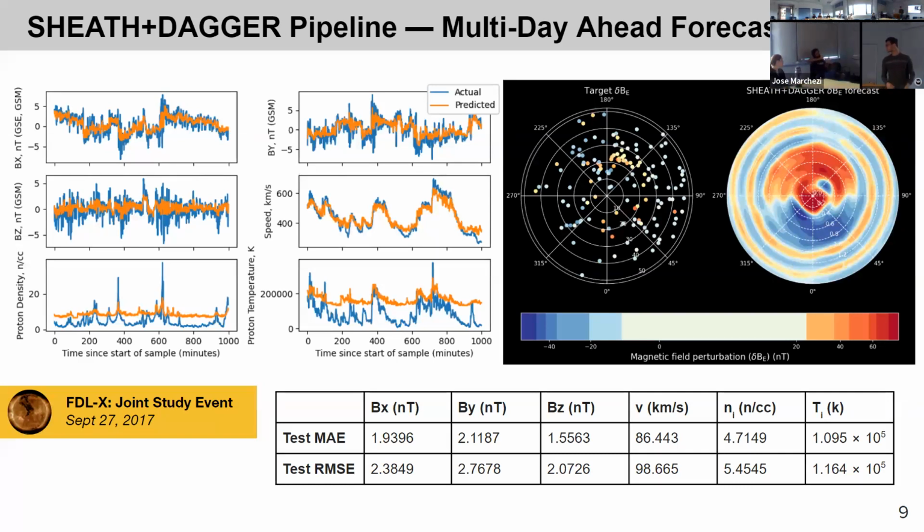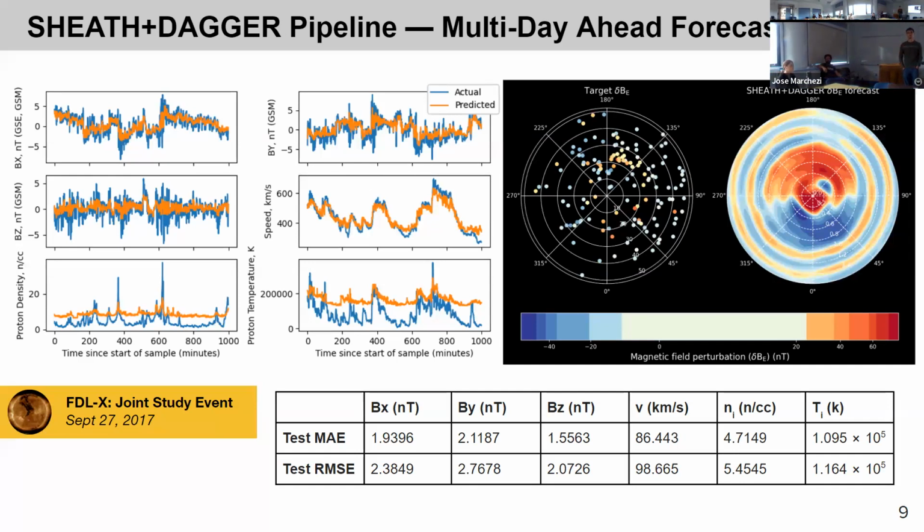Does it deal with the travel time as well? Or it just predicts that thing, but you don't know if that prediction is going to be at L1 or before or after that. How do you guarantee that? So there's no guarantee, it is an assumption that does not always hold. But if you were to have a constant solar wind velocity, then you would always have the timestamp line up with the solar wind parcel you actually got. So if you measure a certain piece of solar wind and it had a constant velocity, then the image you looked at would be the image that produced that solar wind.